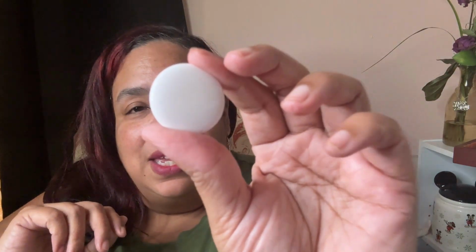And then next weird item is an Apple AirTag. So these are great to put in your luggage in case your luggage gets lost. You can use the Find My app on your iPad or your iPhone to locate your luggage. But they're also just good for every day to keep in your handbags. Again, in case they get lost, you can use the Find My app to locate your handbag or your lost